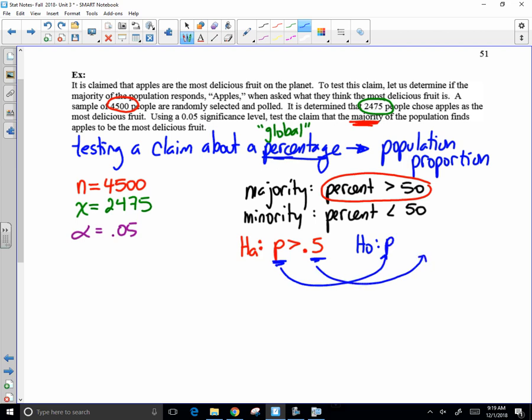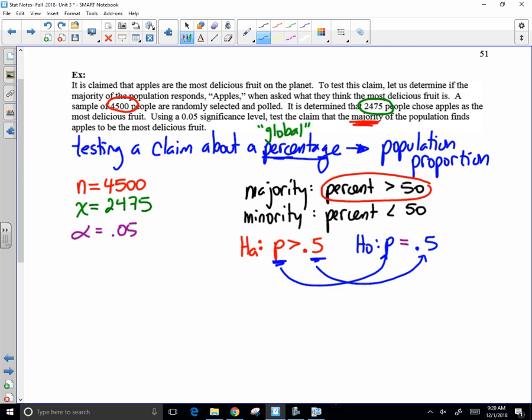So it's going to have a P, it's going to have a 0.5, but it will also have an equal sign. And the rationale behind this is, if I'm not strong enough to move the wall, I'm just going to leave the wall where it is, at 0.5. The reason why is because,